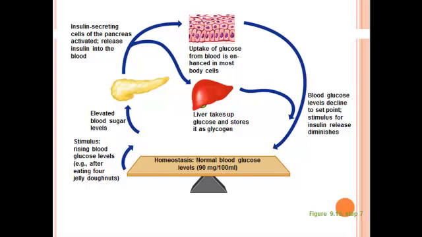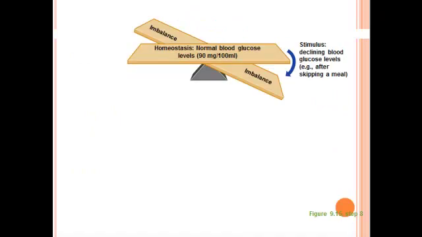Also, the pancreas, as shown here, can trigger the liver to take up extra glucose if your cells don't need more, if they've got all the energy they need, and it stores it as glycogen. On the other hand, if our blood glucose levels start to drop,